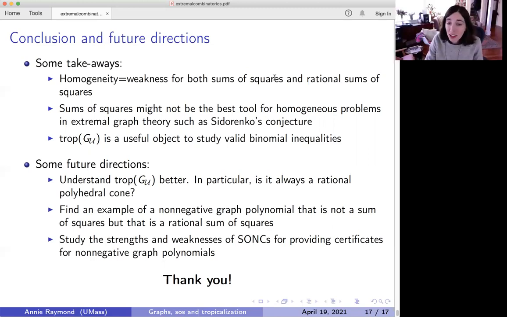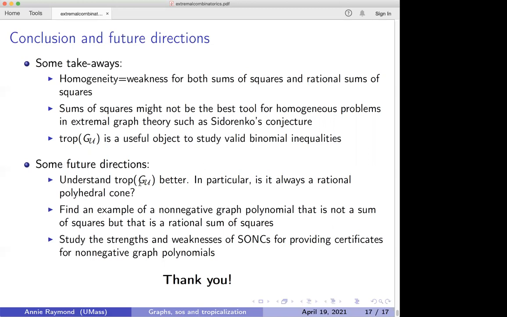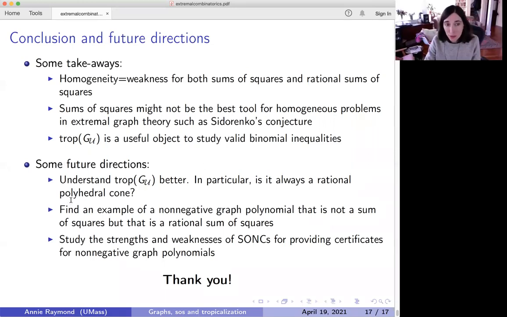Yeah, this is a great comment, Jan. We actually did look at a few other structures besides graphs when looking at the tropicalization. For example, for matroids and simplicial complexes, in both cases the tropicalization is always a rational polyhedral cone. We can show that. We haven't done permutations. We've thought about it, but we haven't done it yet. And abelian groups we hadn't thought about. That's a great idea. But yes, you can play the same game in different places where you're counting different things and tropicalize and